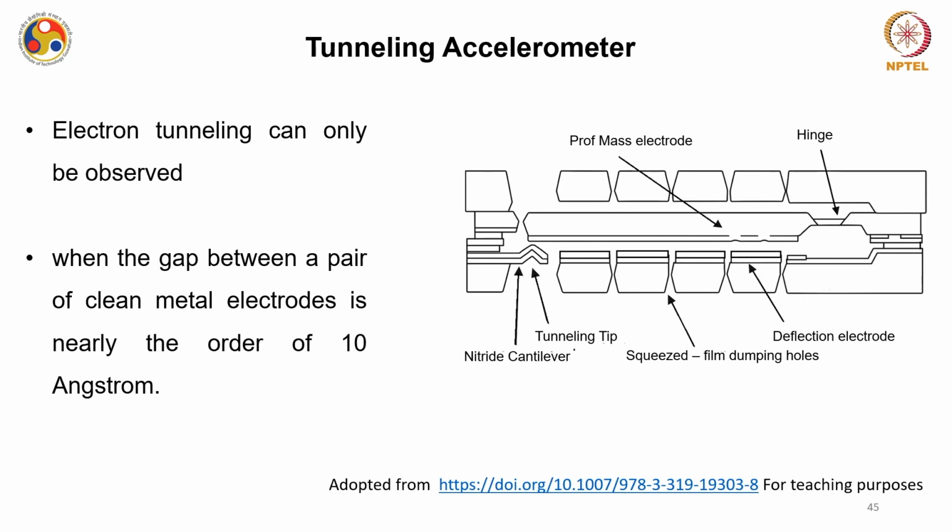Okay, let us have a quick layout of a tunneling accelerometer. You have a nitride cantilever and tunneling tip associated here, and then you have squeezed film damping holes. And you have a deflection electrode, a proof mass electrode, and a hinge. Now, electron tunneling can only be observed when the gap between a pair of clean metal electrodes is nearly